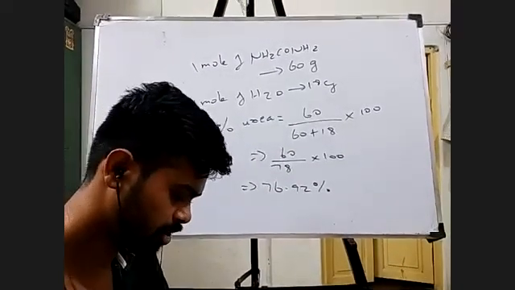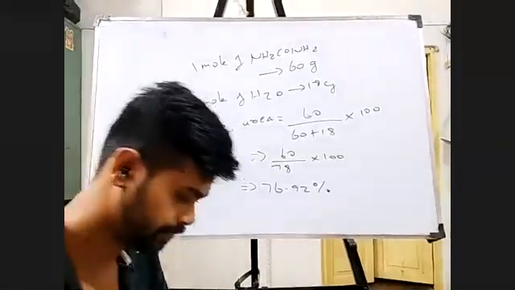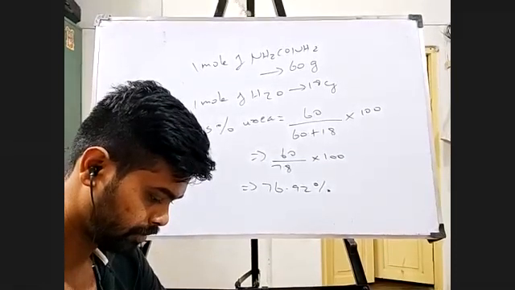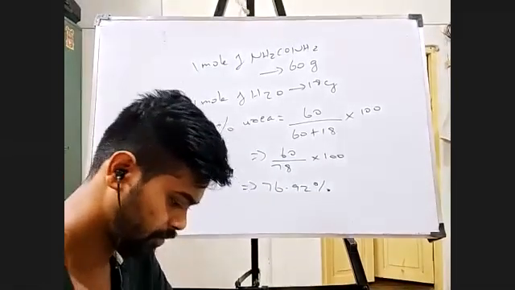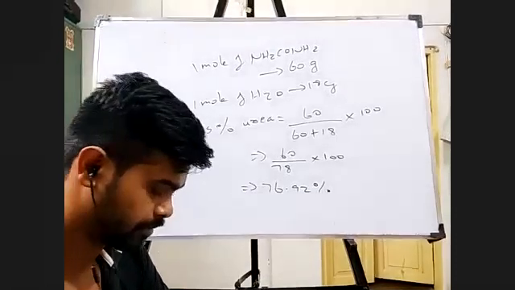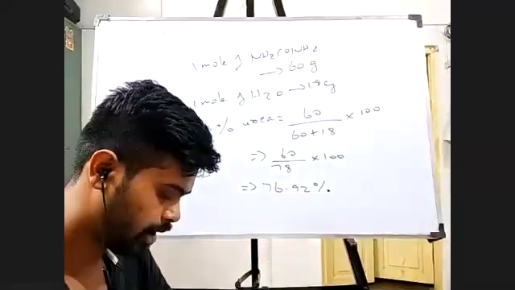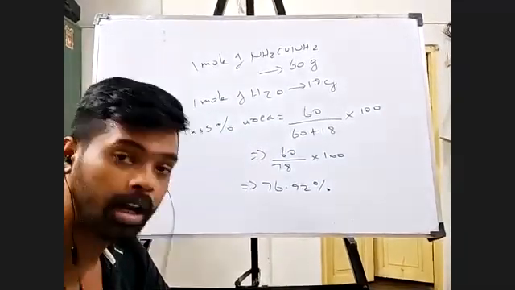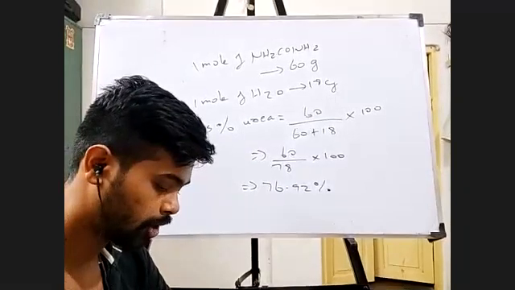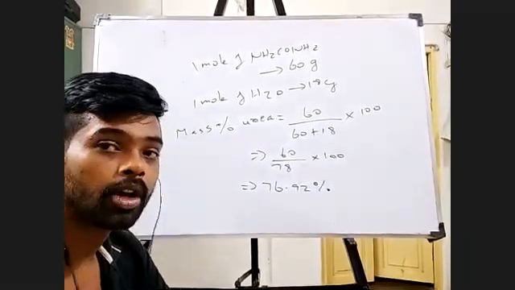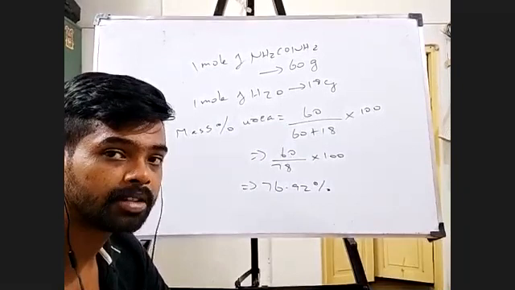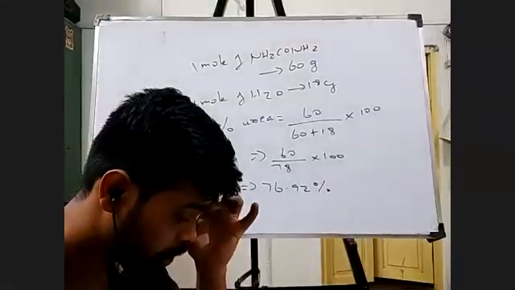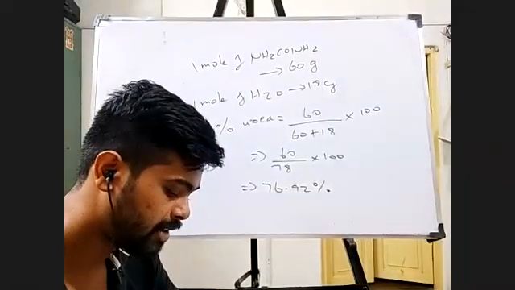Right. Take down this question. A solution is 20% ethanol by volume. Now they are giving you V by V percentage. Okay, fine. A solution is 20% ethanol by volume and is having a density of